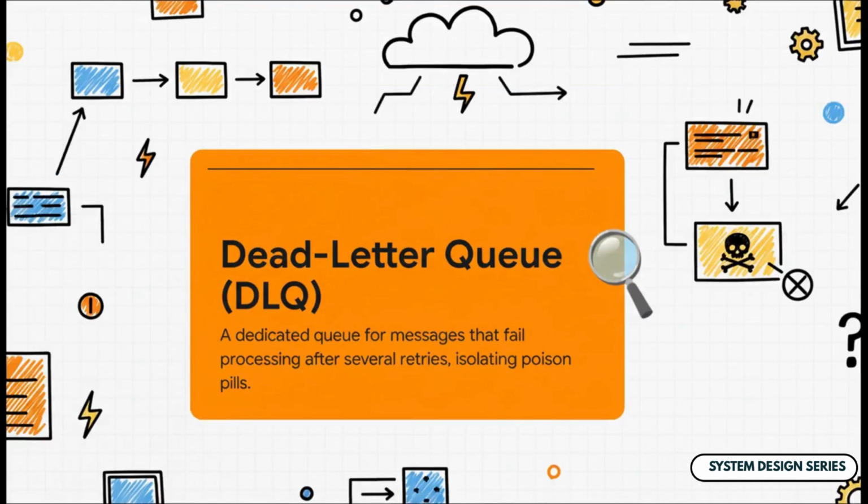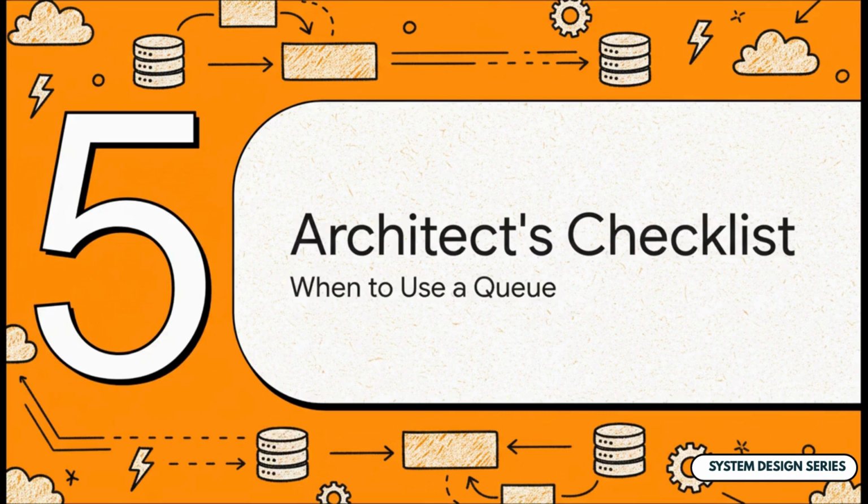So what do you do with a message that just can't be processed? You know, maybe the data is corrupted or something. No matter how many times your consumer tries, it fails. We call this a poison pill message. You can't let it just sit there and block everything else forever. The solution is brilliant, a dead letter queue, or DLQ. After a few failed attempts, the broker just moves the poison message over to this separate queue. That lets the main queue keep flowing, and later on, an engineer can go look at the DLQ and figure out what went wrong. Phew, okay, that was a lot of ground to cover.